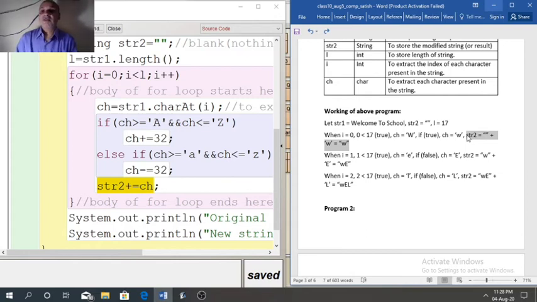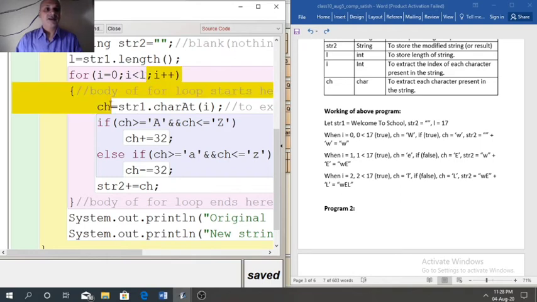So first character we have added in the final result after changing the case. So when the body is over, then I will update when it is 1 less than 17 satisfied. So same process will repeat again.